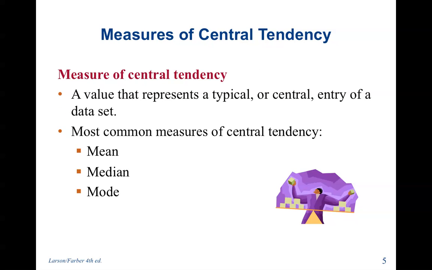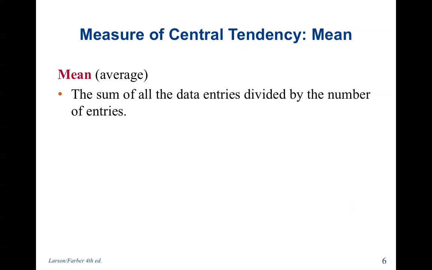So measures of central tendency, the most common ones are mean, median, and mode. I'm going to go over how you can find them by hand, just because of the importance of the symbols and if anyone wants to find them by hand, but I'm also going to cover how we are going to find them in Excel. So the mean is the average, or the sum of all the data entries divided by